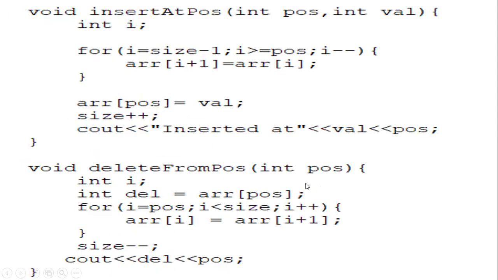So insert at position, in position, and in value. So I'm initializing a loop variable, iteration variable, i is equal to size minus 1. So initially my size value,